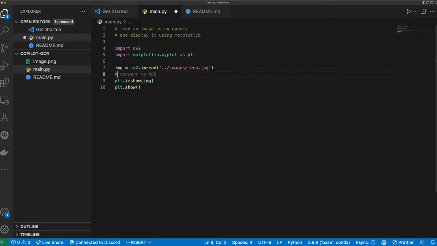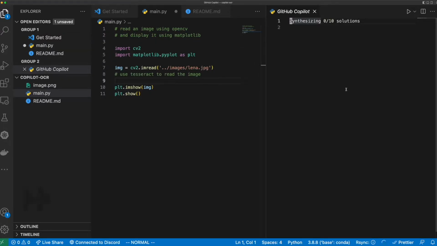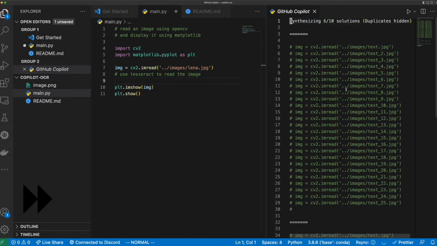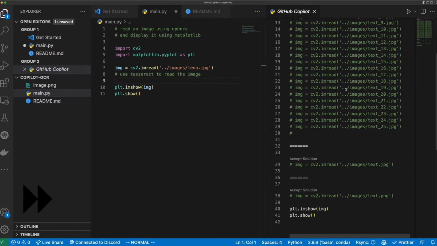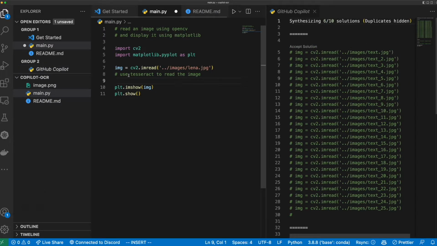So next step is to try to do an OCR with it, and for now what I'm thinking of is to use an open solution with a library called Tesseract. So I will just write it here to use Tesseract to read the image. Okay, let's see the solutions come up. Okay, this does not look good. Okay, let's see. Use PyTesseract to